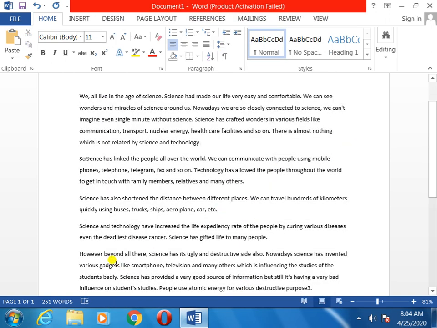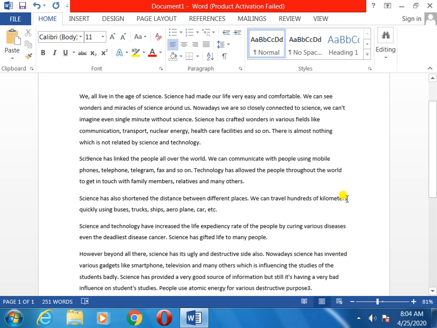Clear? Now the second thing, whatever I told you: on the left side you see the margins are equal, all the words have started from here, but on the right side you can see that it is not completed properly. It is not equal, it did not come in a line. If you follow your SST book, your literature book, any paragraph, this side has started equally, and the right side also equally, but our paragraph is not equal.